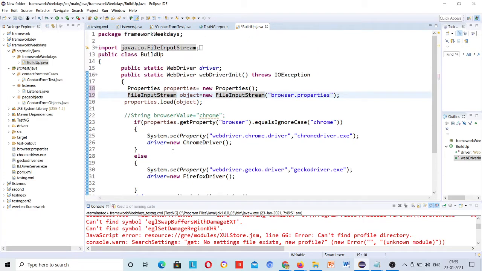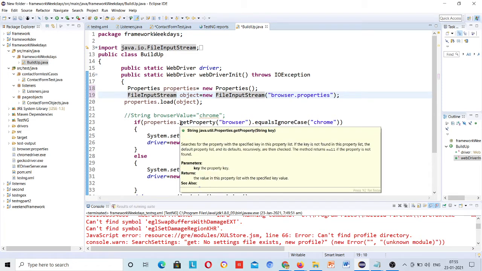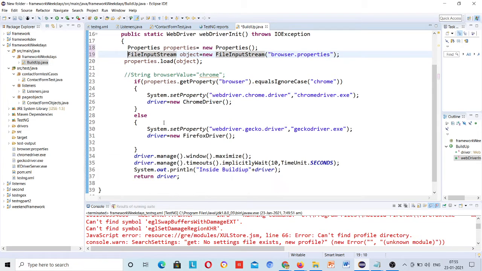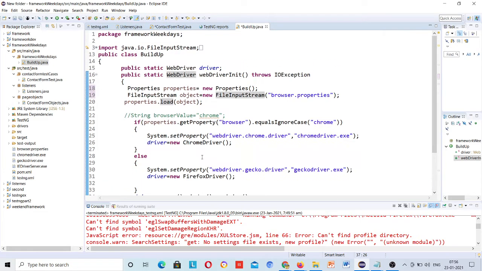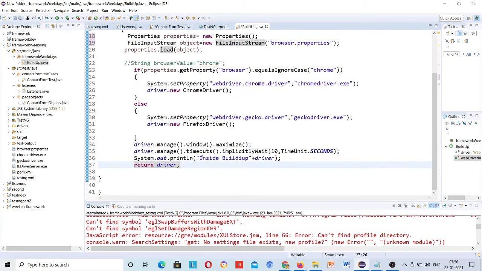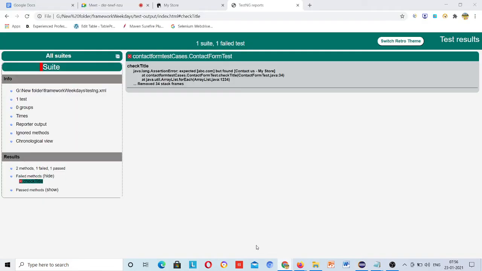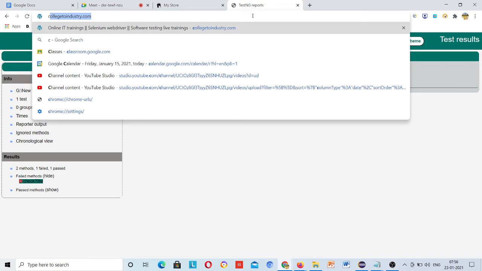So you have to talk about how I have used the utility class that was capturing the screenshot. Tomorrow there may be multiple utility classes as per your need. So this is your first utility class, the build up class, which is performing some task. Now you have to capture a screenshot, so I will go and copy the screenshot code here.